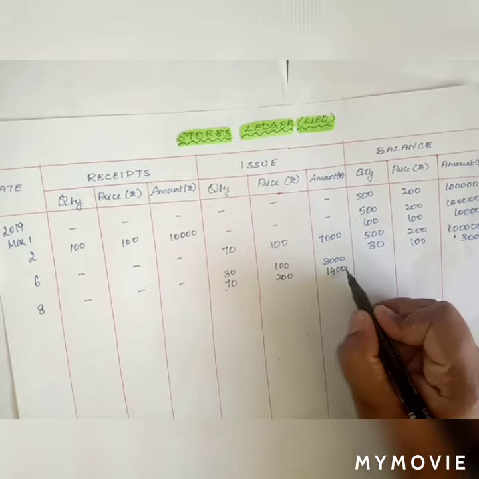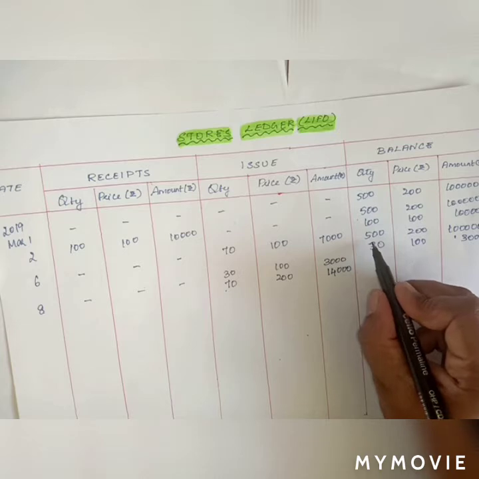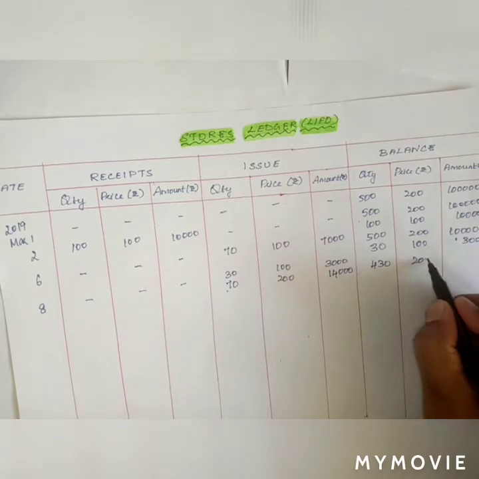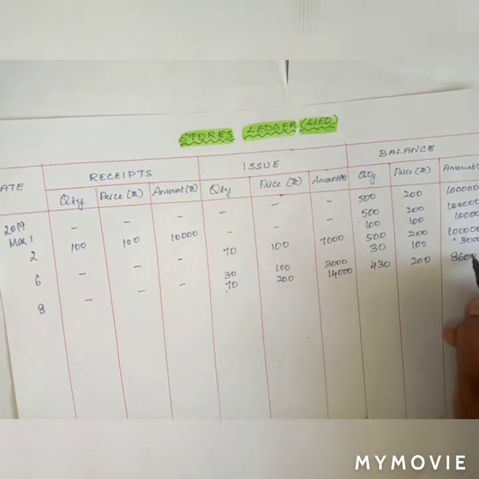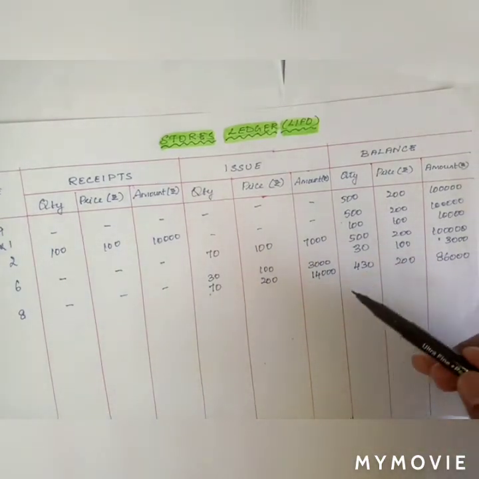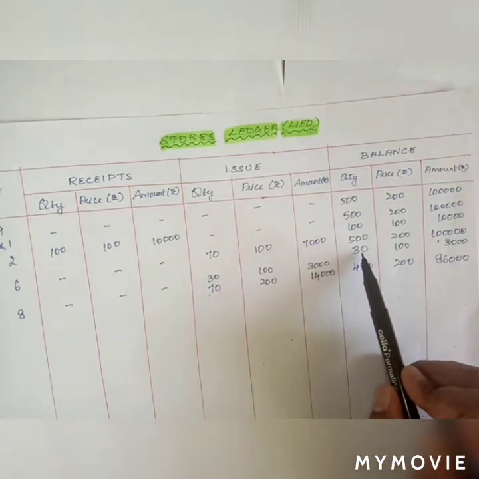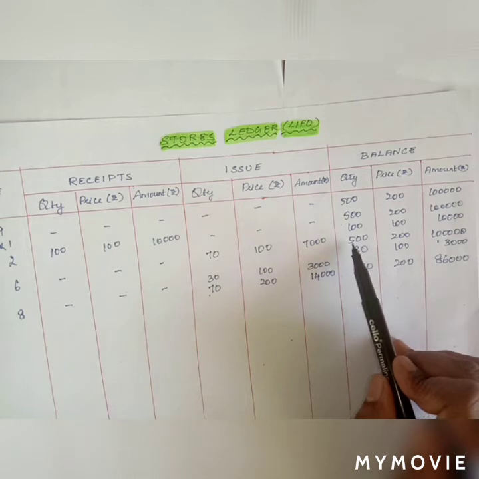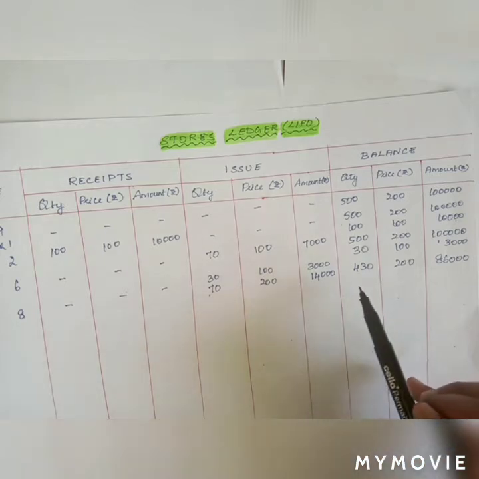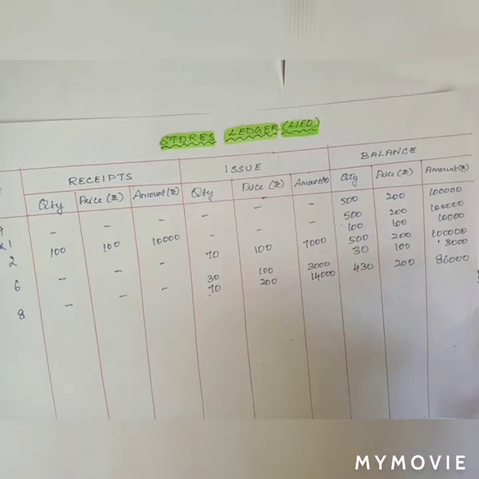So it will be 14,000. Now the balance is, this 30 tons has been exhausted, and out of this 500 you have utilized 70 tons. So the balance is 430 tons of 200 rupees each, which is 86,000. So here we have followed the LIFO method typically. You can see that out of 100 units you have only 30 units of the latest material which you have received. So the balance of 70 units is issued from the previous set of 500 tons. So after issuing, you can see the balance. You have only 430 tons of 200 rupees material.